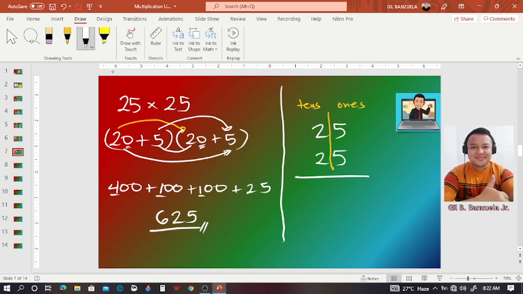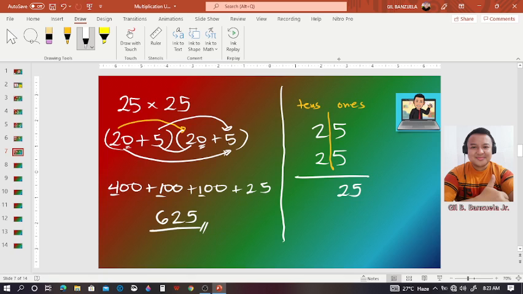So, every time guys, na yung nasa ones place natin ay parehong 5, kukunin na agad natin yung product ng 5 and 5. So, 5 times 5, 25. So, isulat na natin siya agad. We don't carry na yung 2. Basta automatic, kapag identical yung given, tapos pareho pang 5 yung nasa ones place,